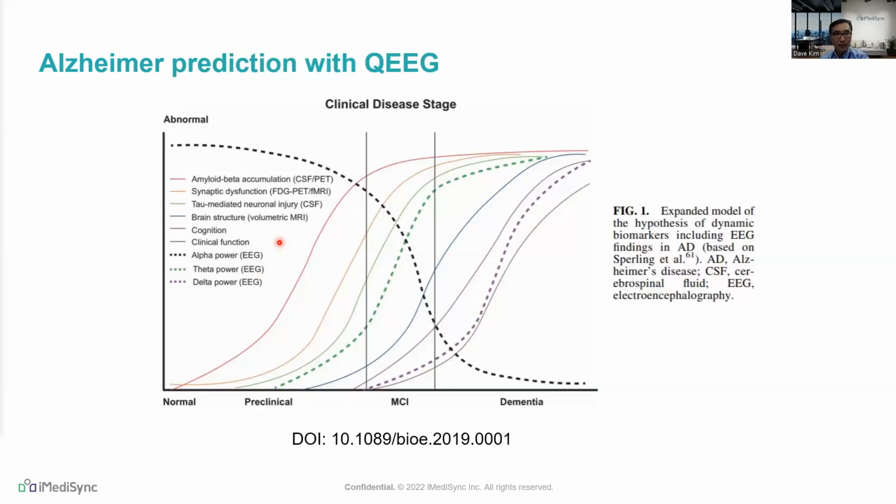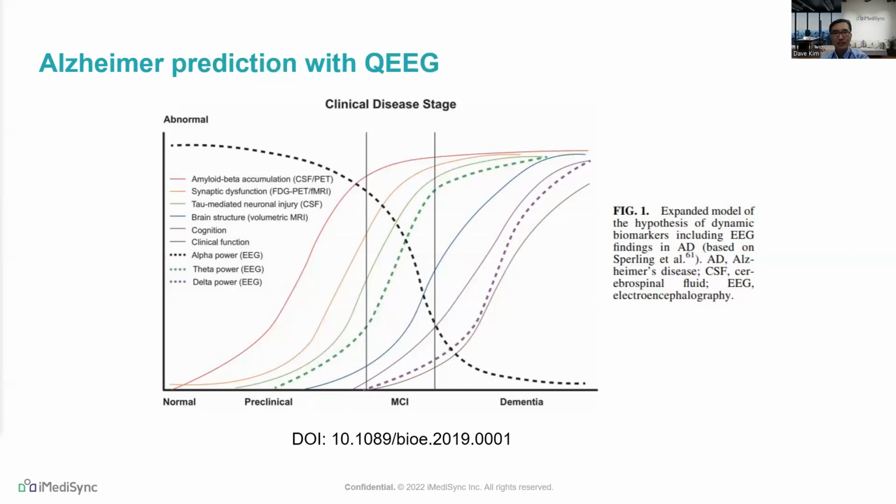This is the amyloid beta accumulation. This is the synaptic dysfunction. This is the tau-mediated neural injury. And this is the brain structural changes. And this is the alpha power decrease. And this is the theta power increase. And this is the delta power increase. So basically, we can take advantage of the EEG methodology, while the use of various MRI and PET methods and